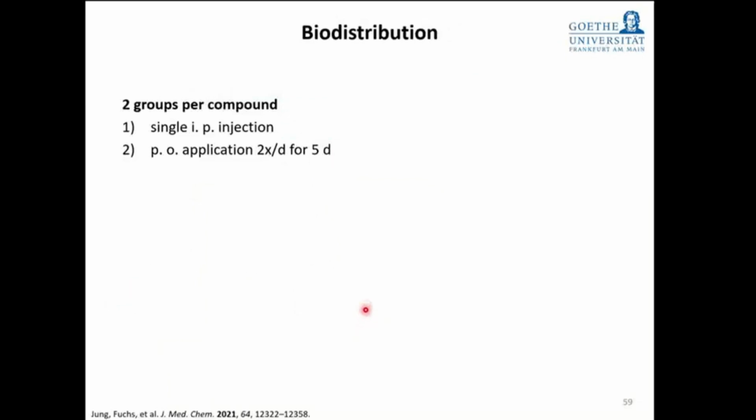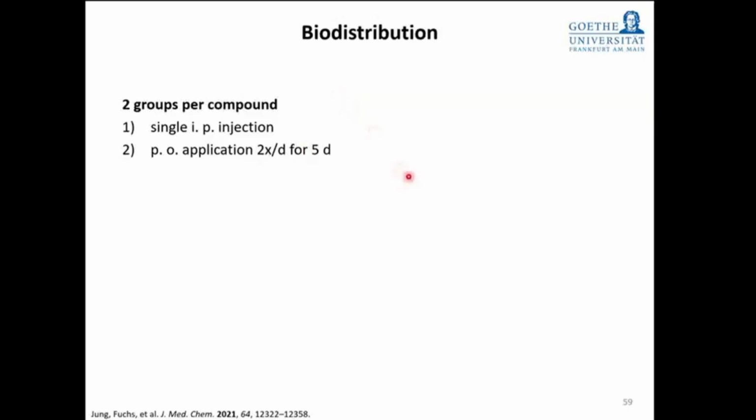Then we wanted to look at the biodistribution of our compounds, because, as you remember from the talk mentioned earlier, for trypanosomiasis it's very crucial, if you want to treat both stages, that you have drugs that can cross the blood-brain barrier and fight the trypanosomes there too. So we teamed up with the group of Professor Klein from the University of Frankfurt, and we did in vivo